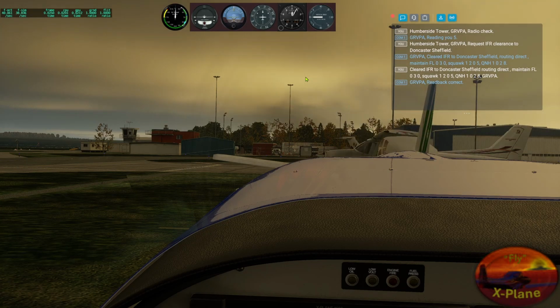Okay, so that's the QNH set, that's the transponder set, and we are now ready